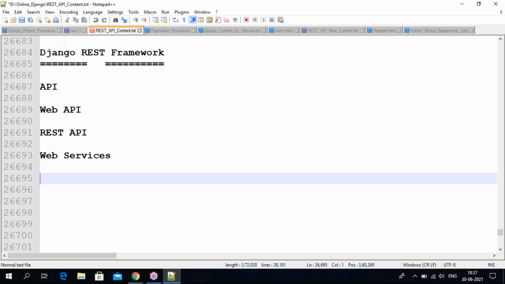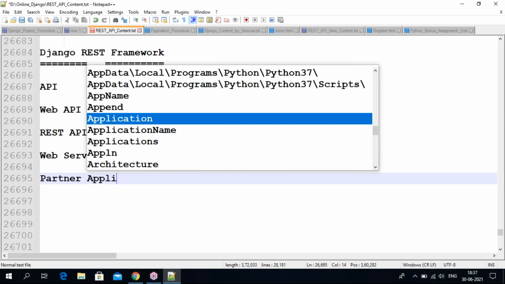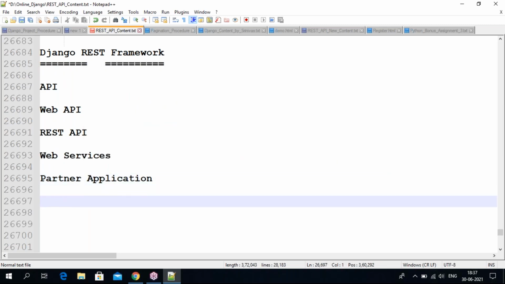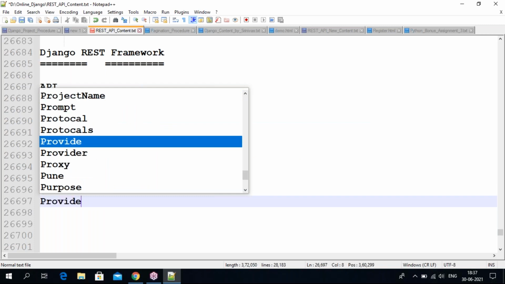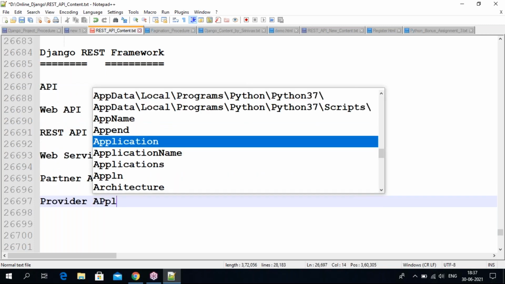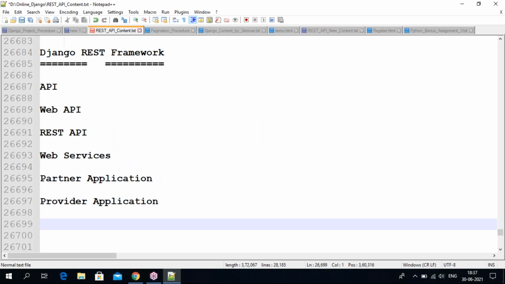Next, partner application. Next, provider application. Next, consumer application.